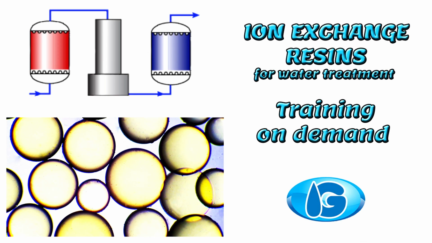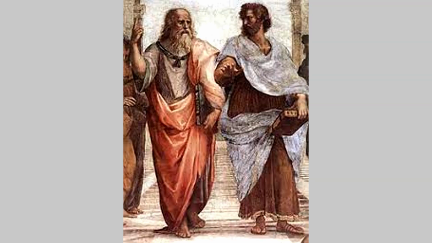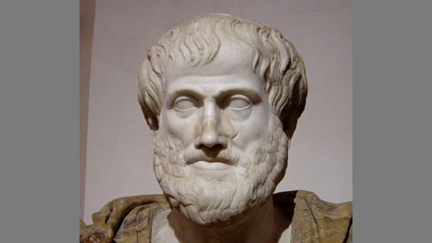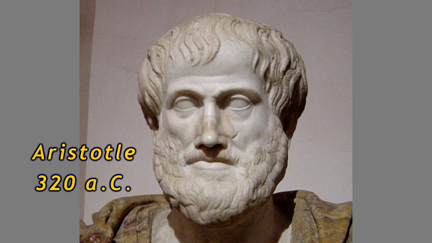Introduction: Historic. Welcome to the Ion Exchange Resins course, and let's start with a historical introduction. The use of natural materials with ion exchange power for water treatment dates back to biblical times. In 320 BC, Aristotle used an earthenware vessel containing a material with ion exchange properties to produce fresh water